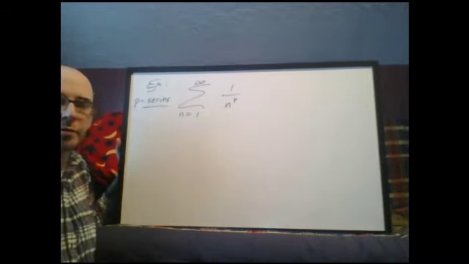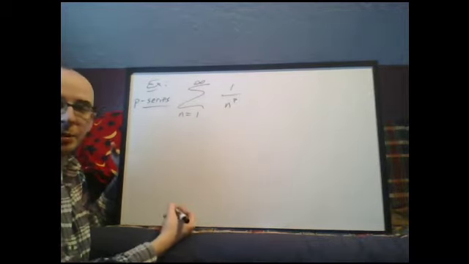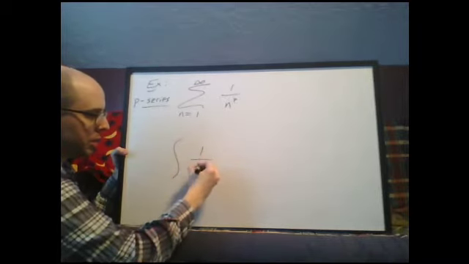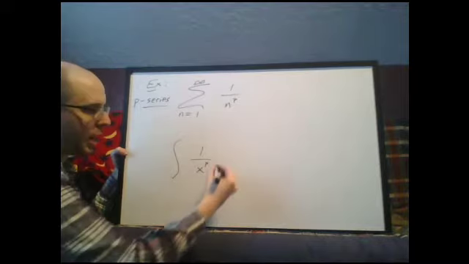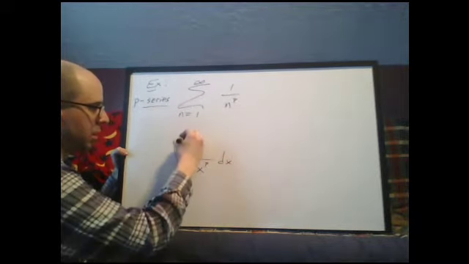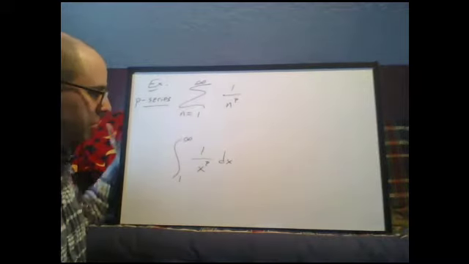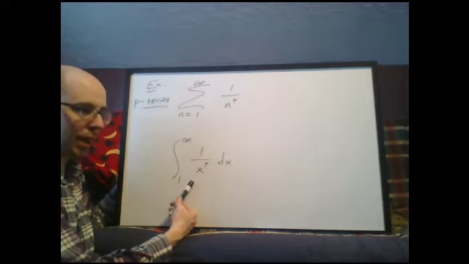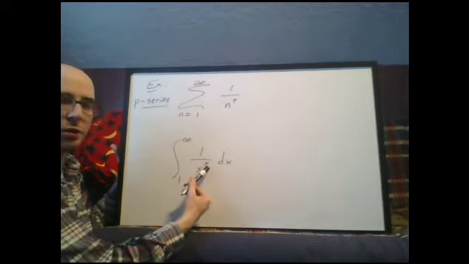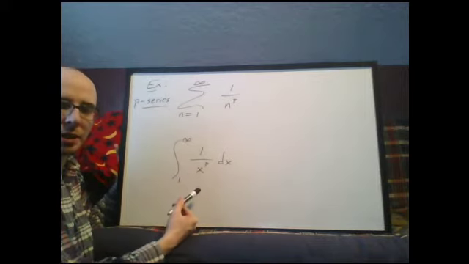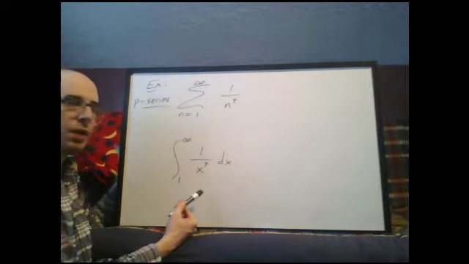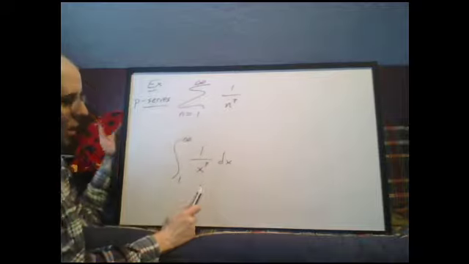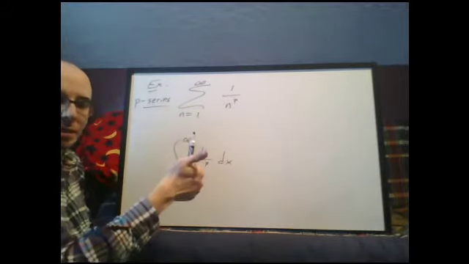And the question is, does it converge or diverge? Well, this is very similar to something we did back in chapter 7.8. We looked at these integrals that were of the form 1 over x to the p, from 1 to infinity, for example. And it turned out we were able to answer the question, for what values of p does this integral converge, and for what values of p does it diverge? And so I'll leave it as an exercise, but you can check that this function is continuous, positive, and